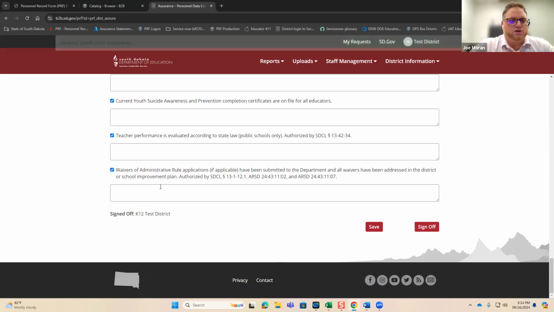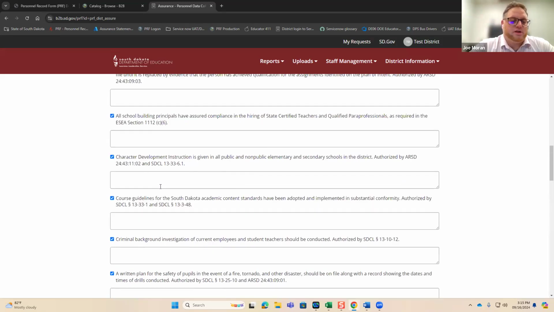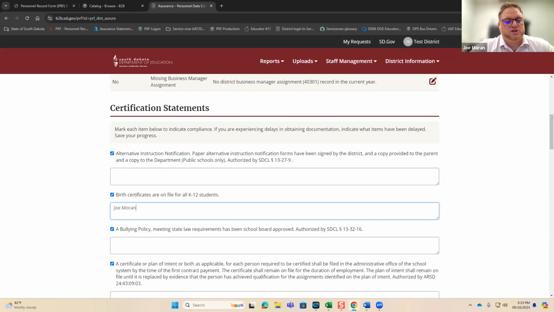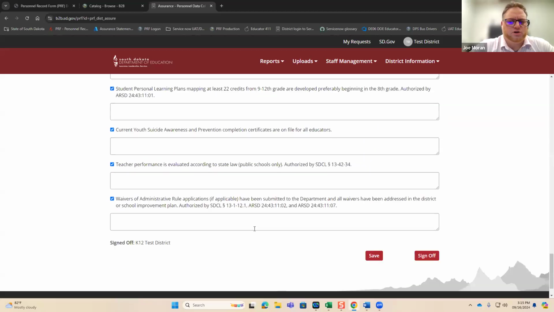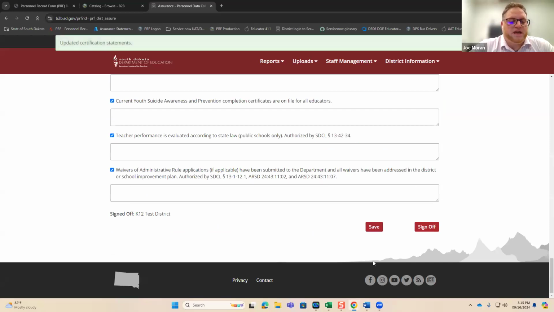However, so-and-so has not replied or not given us. We've reached out twice. It's your place to provide some justification for why there is a chance that when accreditation comes in and they randomly pull that one kid's birth certificate that you haven't been able to get, you've been able to properly identify that in your justification. So just a note there to indicate the reason why that would be the case.